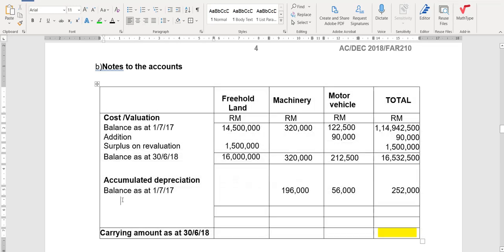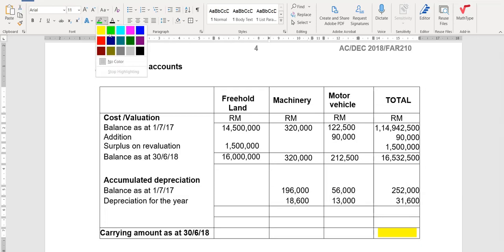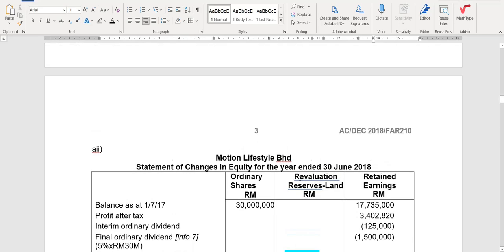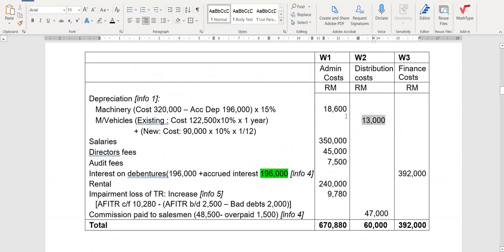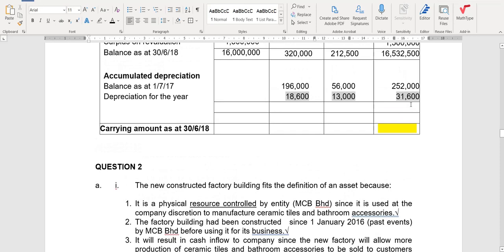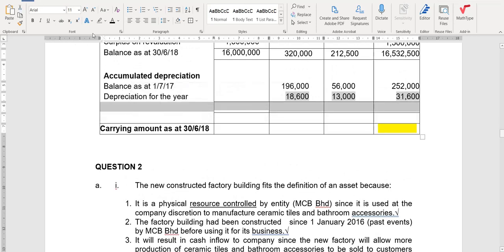Next one is to do the calculation here. We have already done the calculation for depreciation much earlier. Where do you take all this? These are all from the working section. Working section in our, I'm putting gray there, right? Here, this one. This is the one. Yes. But the total is 31,600. And the accumulated depreciation at the end of the year, there are no disposal charge whatsoever, no elimination,